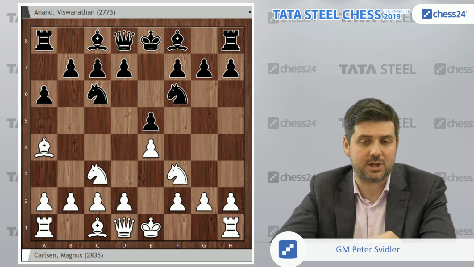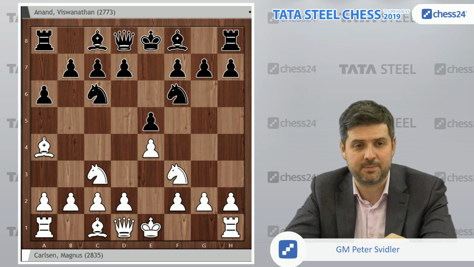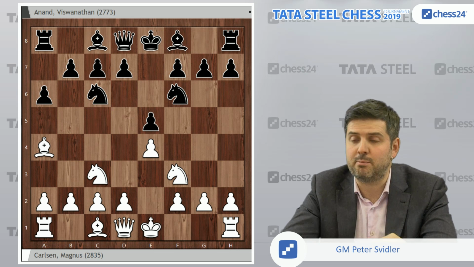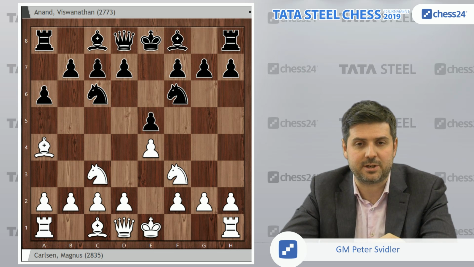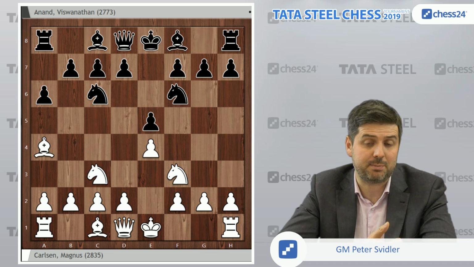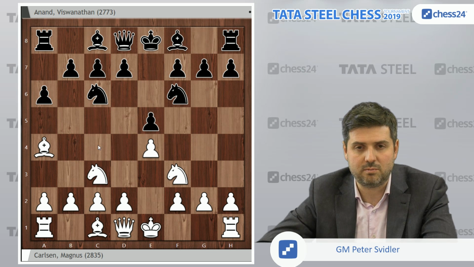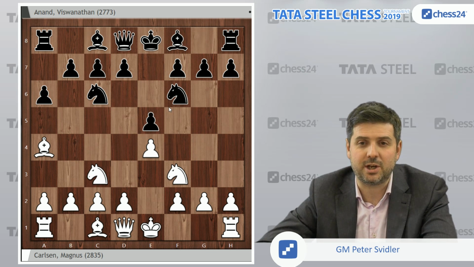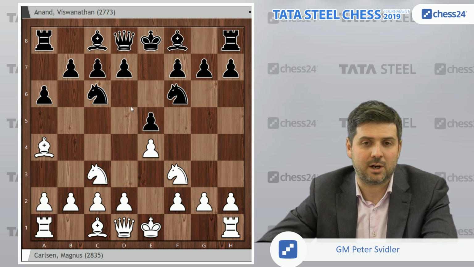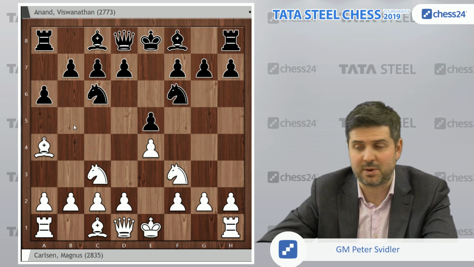And Magnus chooses a different sideline here. He goes knight c3, which is a move that is not very popular these days, but it has been played by the greats of yesteryear. Boris Spassky used to play this quite a bit, and of course it makes sense. And generally what you get here is, it looks like it's exactly the Four Knights opening with the inclusion of a6, bishop a4, and we were making